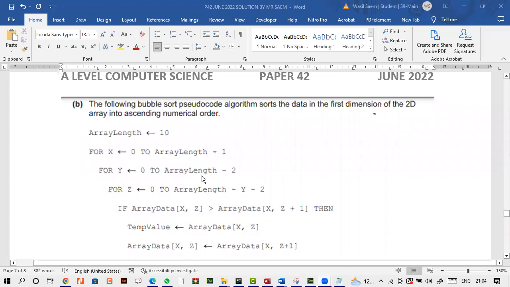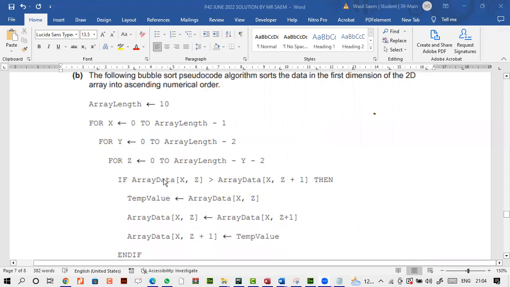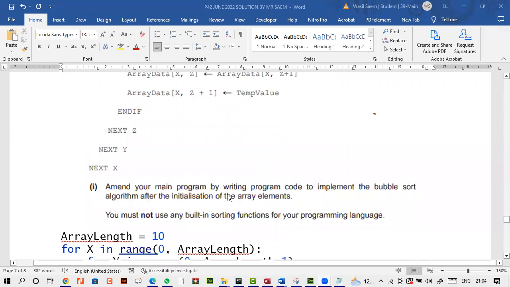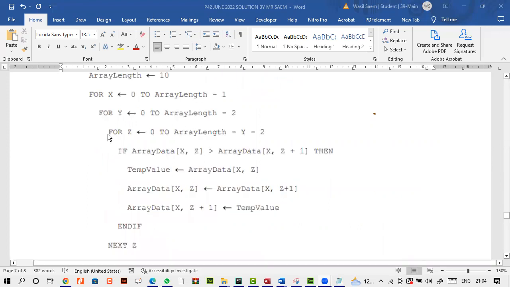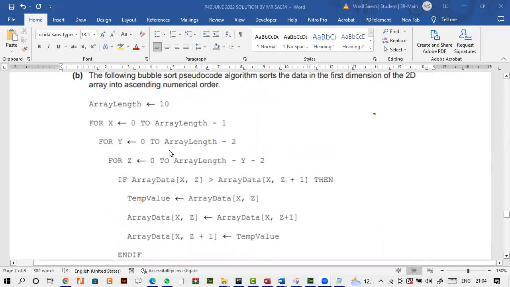The following bubble sort pseudocode algorithm sorts the data in the first dimension of the 2D array into ascending order. You probably have done 2D arrays or 1D arrays in Python. This is how it works, the way they've shown you. You can go through it. What they're saying is to amend your main program by writing the code to implement the bubble sort algorithm after initializing the array. So they have given you an idea of how it basically works. The pseudocode is there, and this helps you a lot to implement your